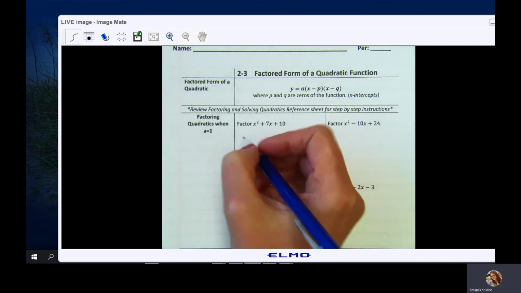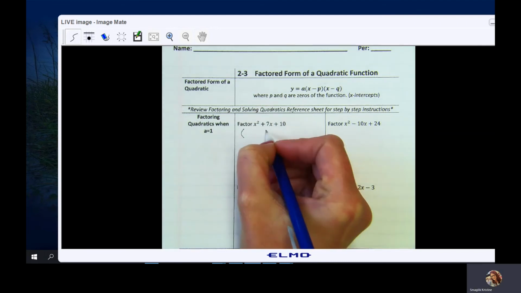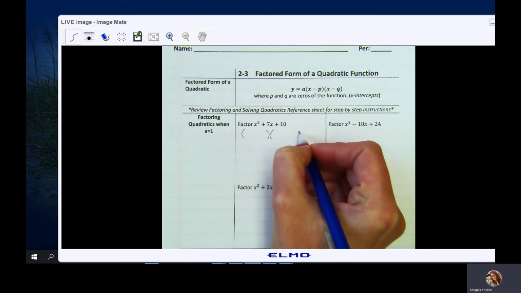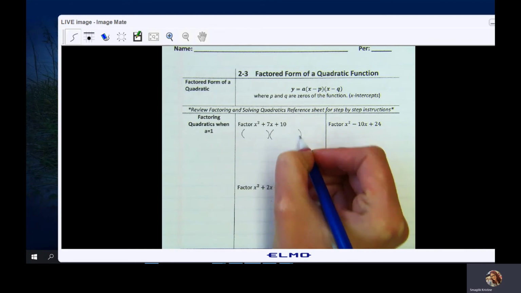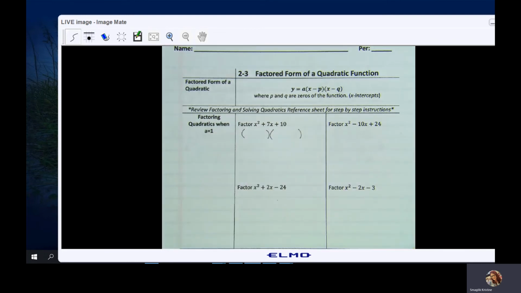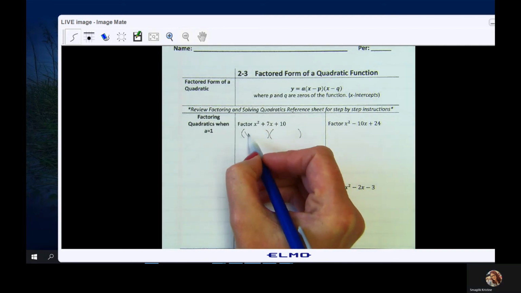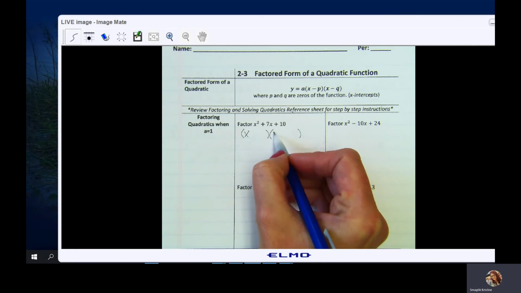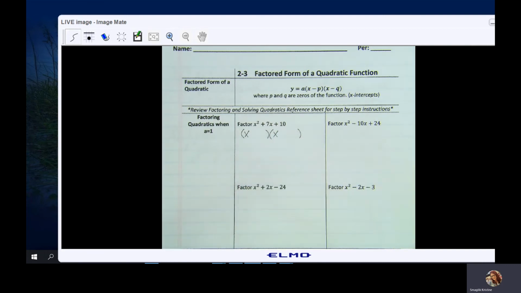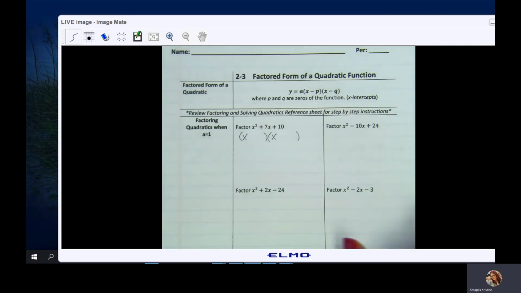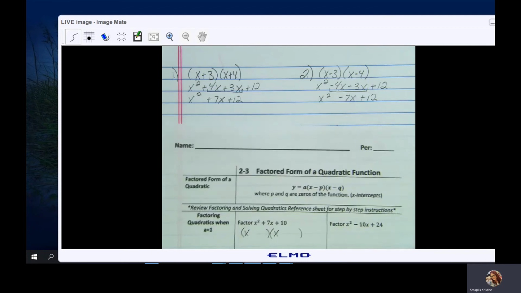So I'm going to start off by dropping in my set of parentheses because I know when I factor this I'm going to get the product of two binomials. The only way to get this x squared in the first term is if I have x's as my first term in each binomial. Now, we did the warm-up,